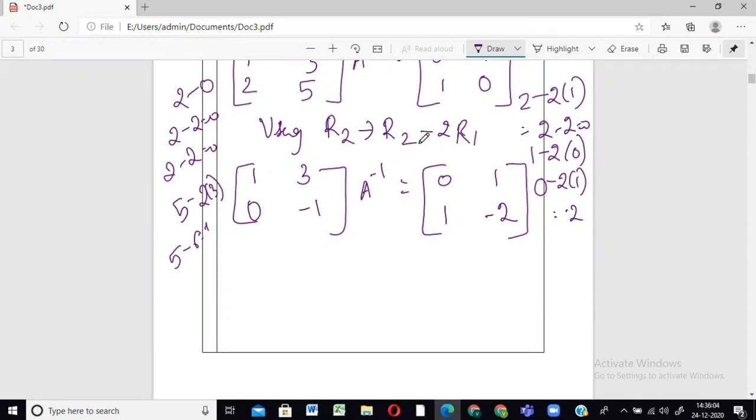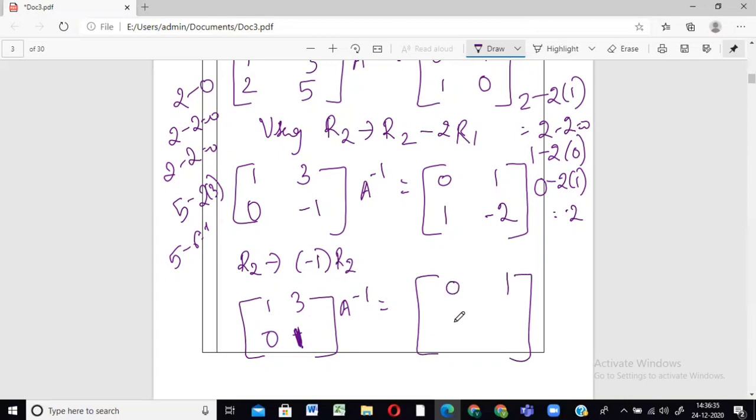So how will we make this one? See, it's very simple. Making minus 1 into 1 is very easy. I will multiply that entire row with minus 1 and then I'll get the answer. So what am I going to do? R2 changes to, I am going to multiply R2 with minus 1 throughout. Okay. So there is no change in R1. R2 entirely, I'm going to multiply with minus 1. So minus into minus 1 becomes plus 1. In 0, of course, there will be no change.